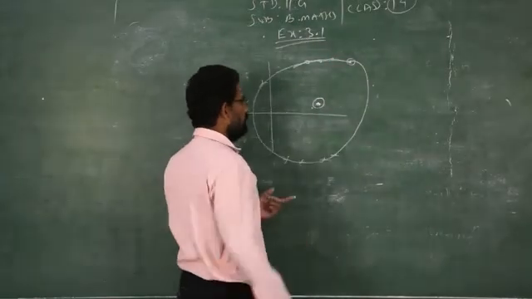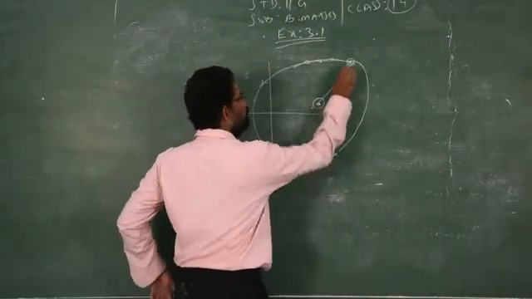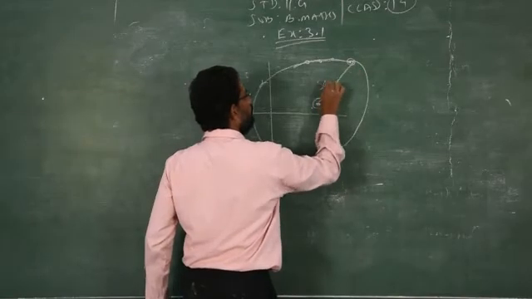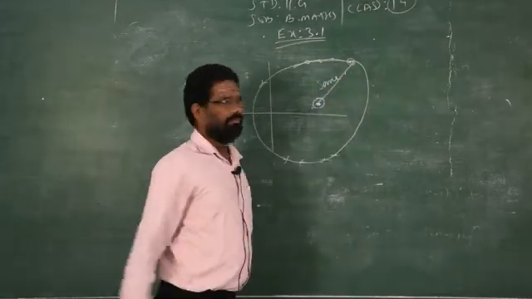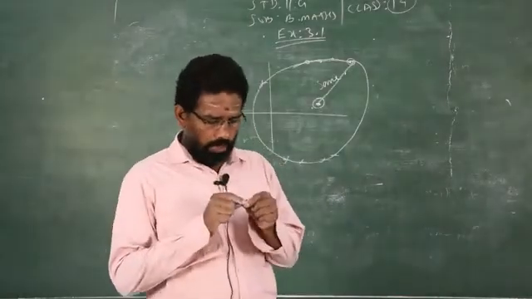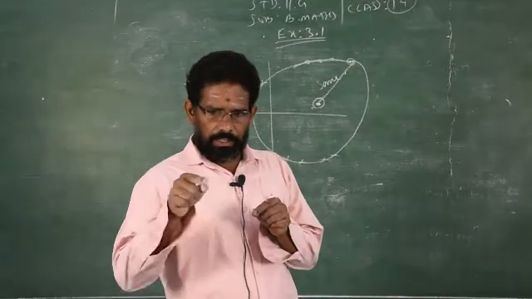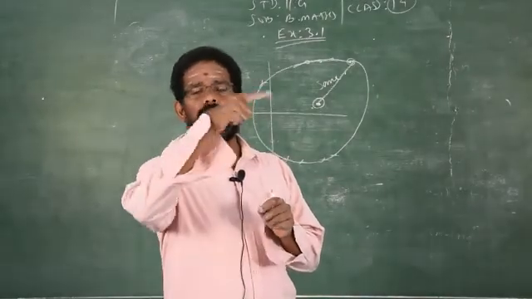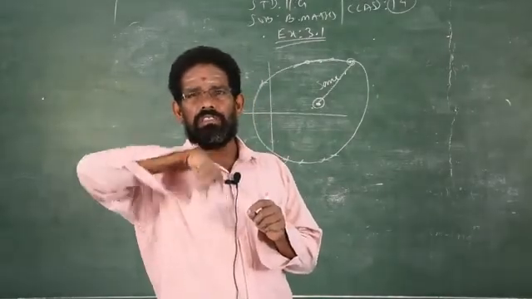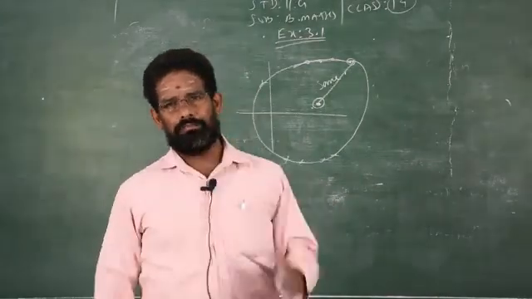It may be a circle shape. If it is a circle shape, what is the condition? The distance between the fixed point and the moving point will always be the same. So if the distance between the fixed point and the moving point is the same, that is the condition, then the locus of the moving point represents a circle.